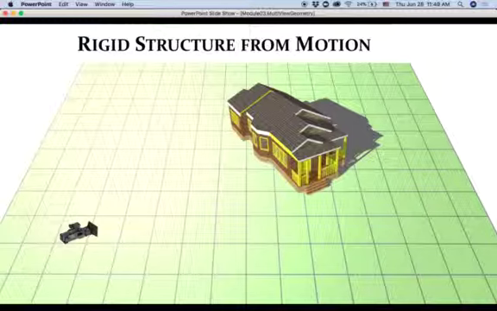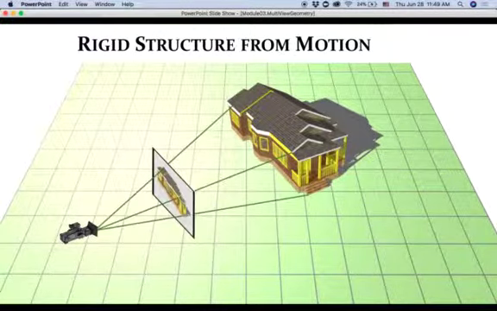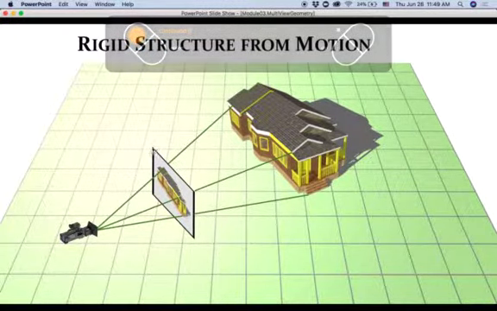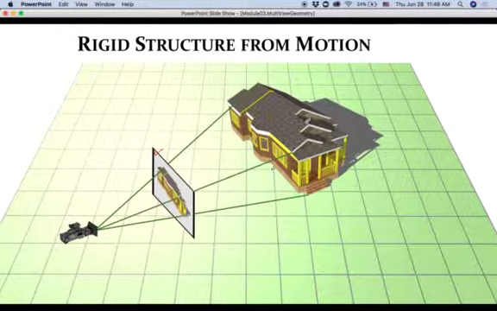You have a camera and you have a 3D object, and what you do is you take a picture, a projection of that object. So that's what you are given. Your knowns are here. I mean, you are given this image. You don't know that structure. That structure is something you want to compute, but you are given this image from the camera, and you understand the geometry: these are straight lines, all meeting at the camera center and intersecting on this image